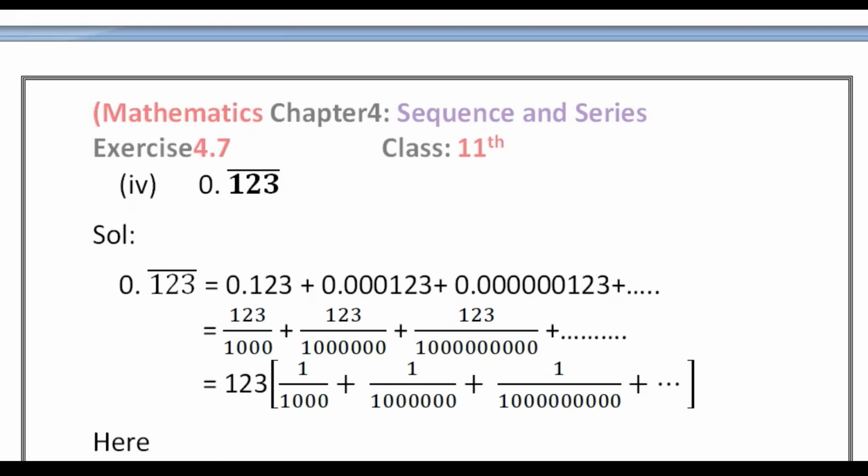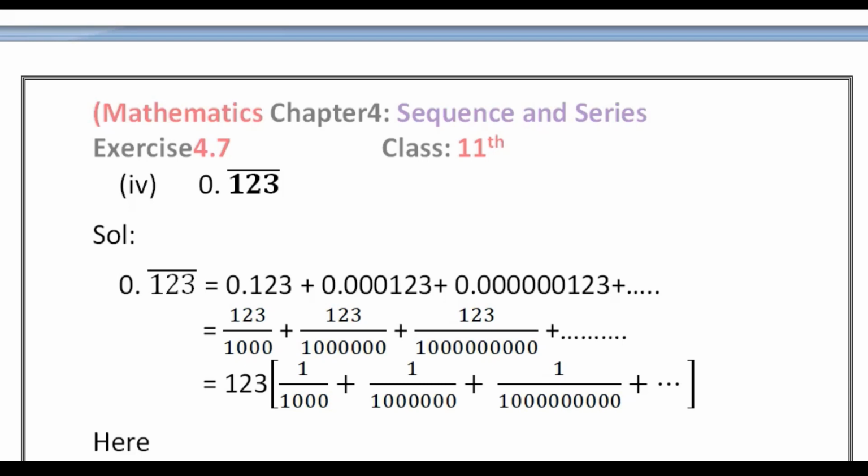In this lecture I will solve exercise number 4.7, question number 7, part number 4, that is most relevant from the paper's point of view. So let's start. Part number 4, that is 0.123 bar. So 0.123 bar can also be written in some form, that is